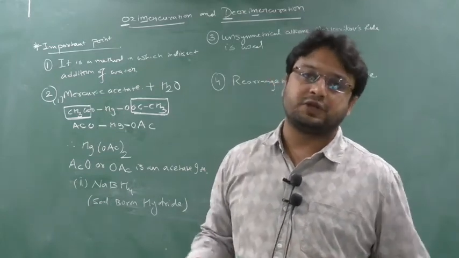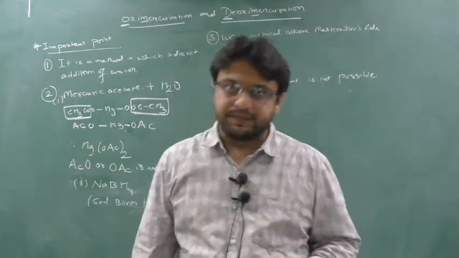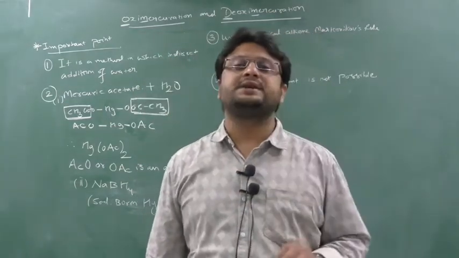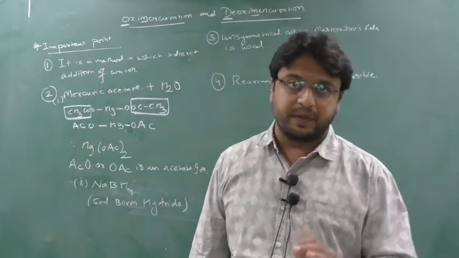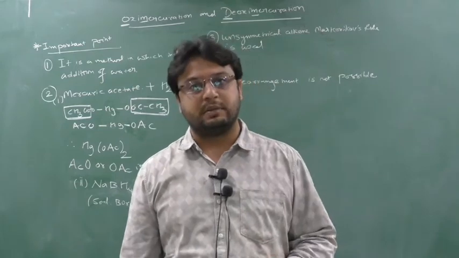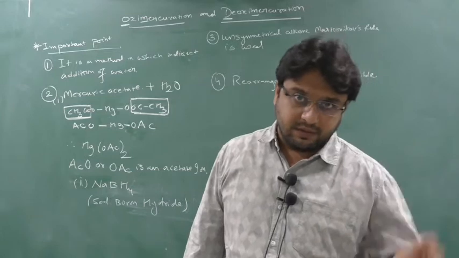Where there is not a formation of a carbocation, rearrangement will not be possible. In the last class, in acid catalyzation, we have seen that there is a possibility of formation of a carbocation and it was forming, so rearrangement was possible. But last class we have seen there is no formation of a carbocation. Without a carbocation only we have started.